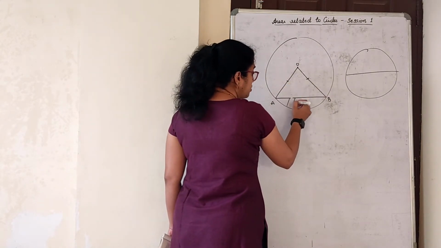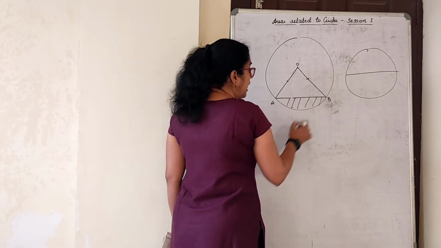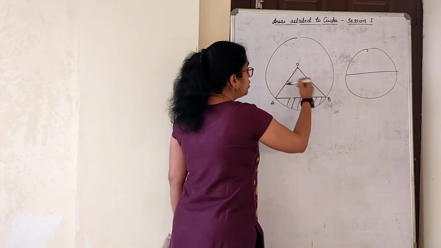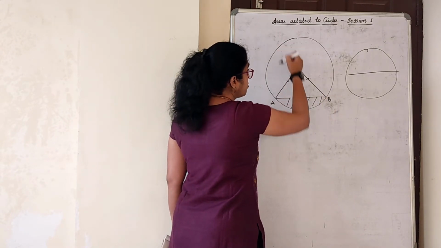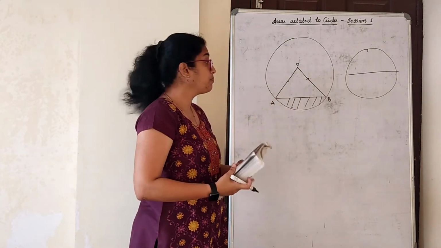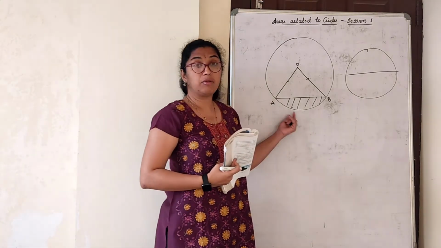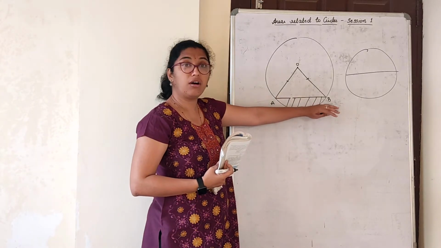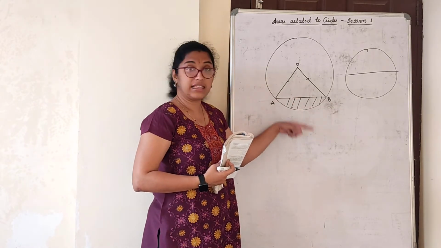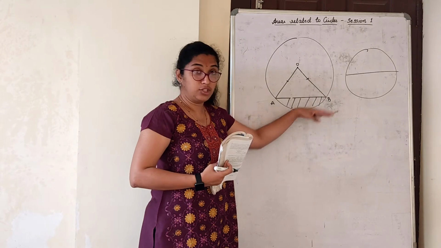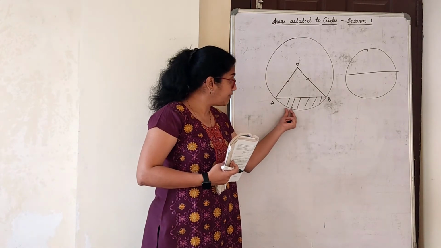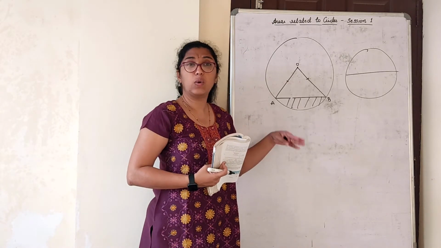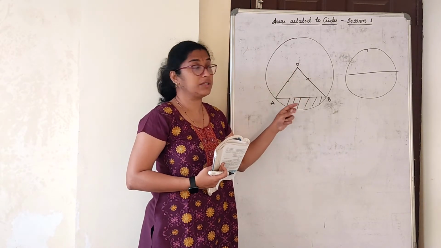Then the region bounded by the minor arc and a chord is called a minor segment. The region bounded by the major arc and the chord is called the major segment. We don't talk anything about tangents here because the tangent is a point which lies outside the circle, right? It's an external point. The tangent touches the circle at one point of contact and comes outside the circle. So that we don't talk about here.